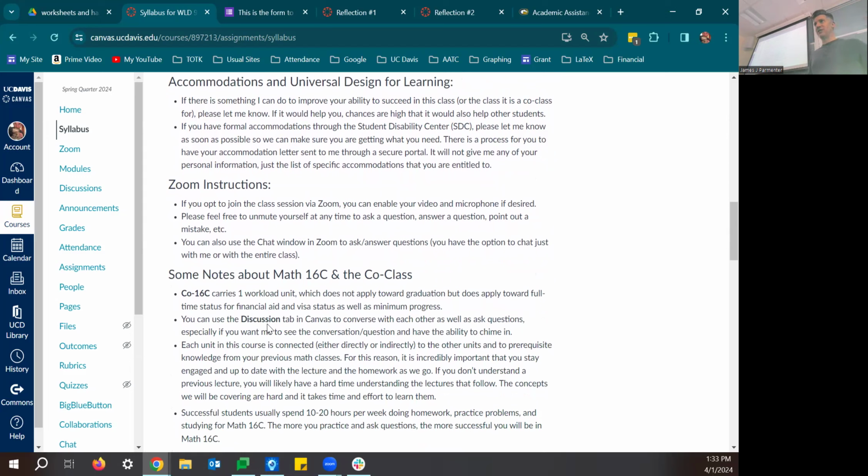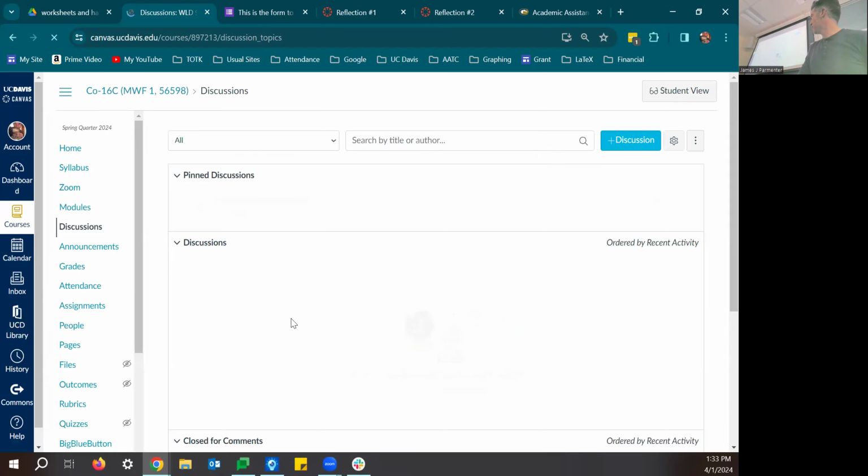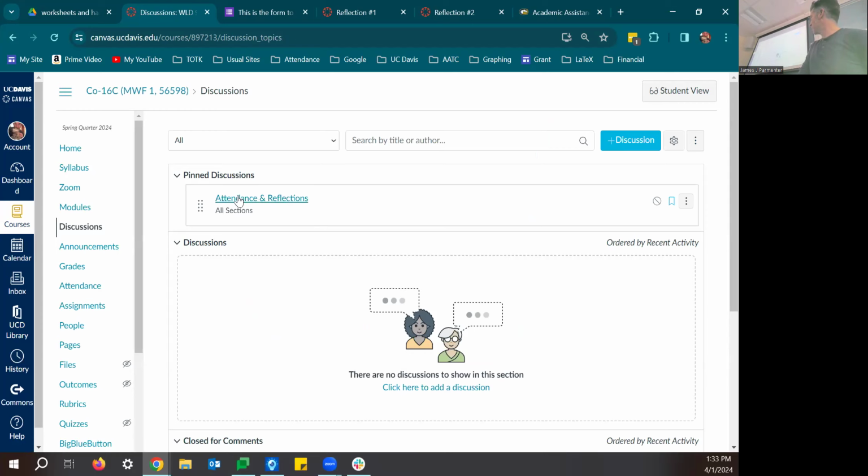I've always tried to get people to use the discussion tab in Canvas, because you can ask a question and I can write a response back, or a fellow student can. And it's really great because there I can type math really nicely, because they have this way of doing it. It's excellent. But nobody ever does it. So maybe you all be the first to use the discussion tab in Canvas. It's right over here in the discussions. I click on it, maybe. All right, let's see. Oh yeah, and there's that there, which I may or may not actually need to post. I haven't posted it yet.